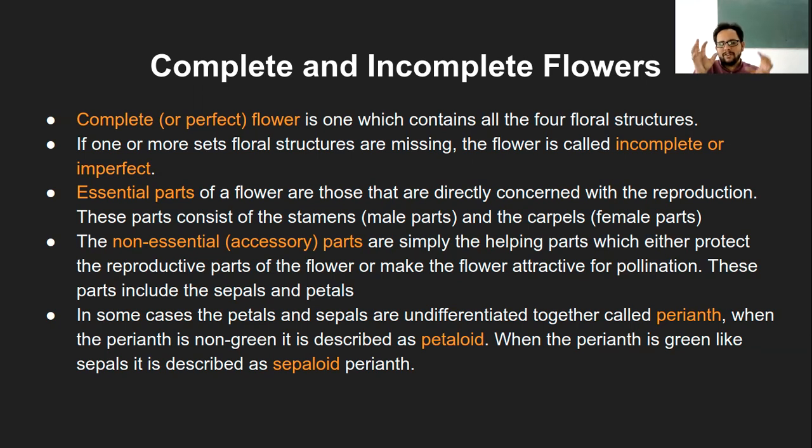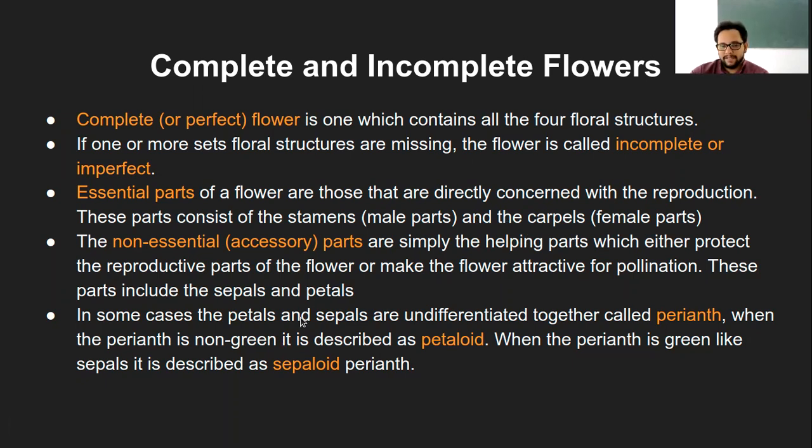In that stage, all the petals collectively come together and still protect the seed which is about to be formed. Pollination has happened, the pollen tube has formed, the pollen grain has reached the ovary, fertilization has happened, and that's when seed formation starts. That process also has to be protected, so sometimes a hard covering is formed over it due to the flower being unblossomed. Those are the non-essential parts, and the essential ones are the reproductive structures, that is the stamen and carpel.